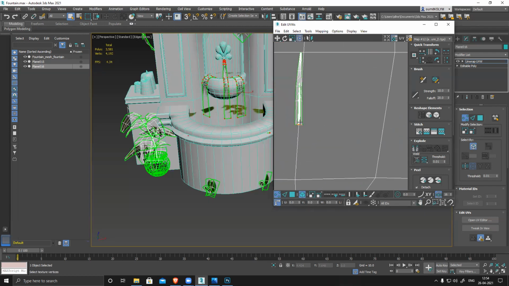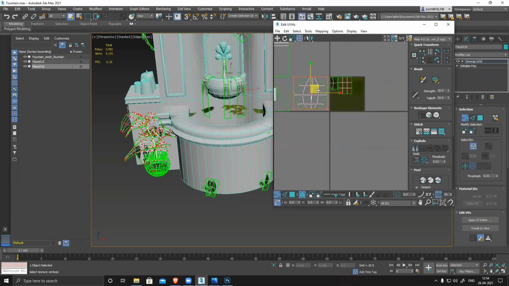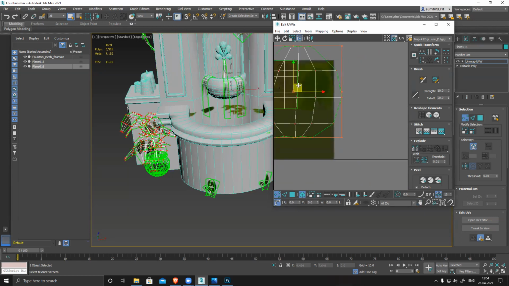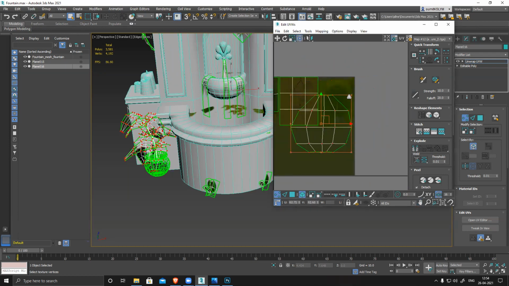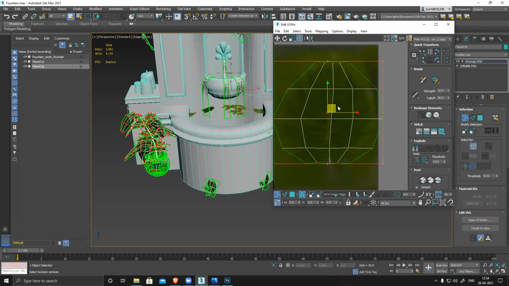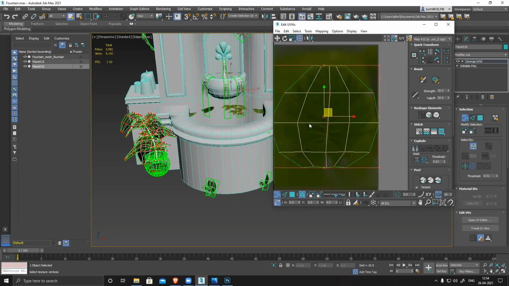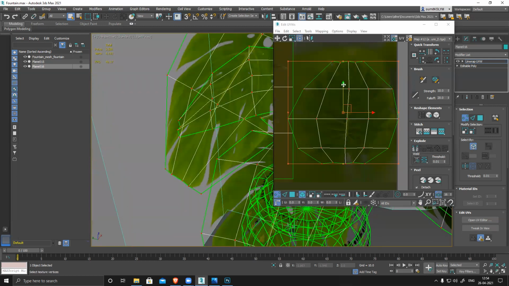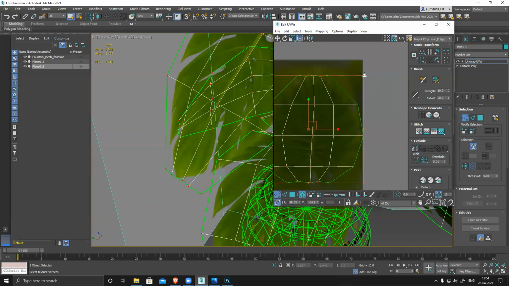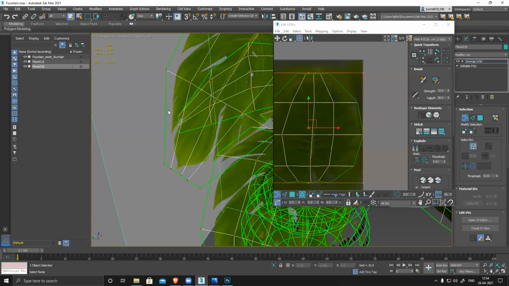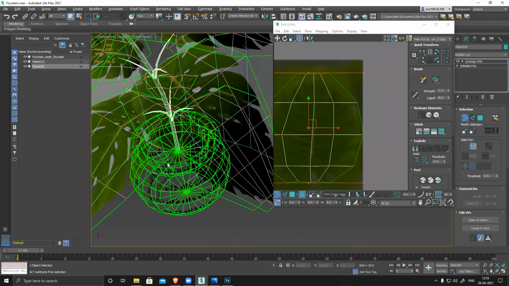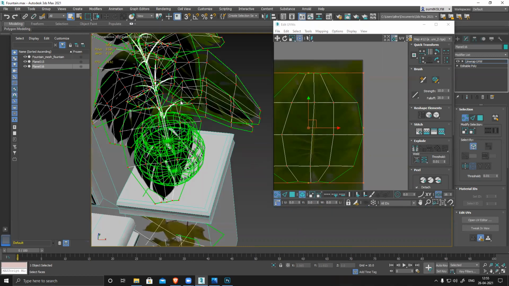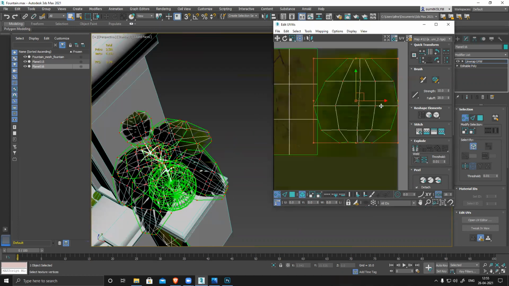And now I have this branch and this loop. Select this, move it here, scale it down, and make sure it covers the entire region, and check here, double check here. There's no short cut, there's no cut or any issue. It should be perfectly clean from all the sides. Looks fine.